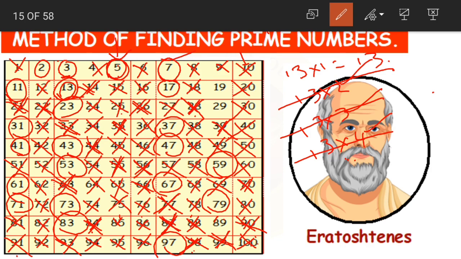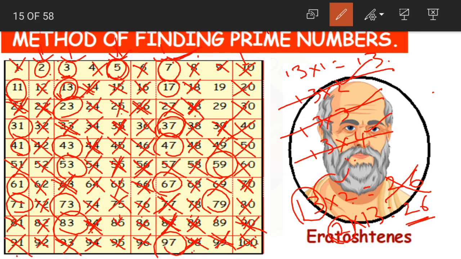we need to cross out the multiples till 7 only. Okay, you have to do the crossing thing for 2, 3, 5 and 7. After you cross out the multiples of 2, 3, 5 and 7, you will get the remaining numbers. If you circle them, they will be our prime numbers. Understanding, children? See, 13 twos are 26. Yes, 2 13s are 26. As 26 was already a multiple of 2, we have crossed 26 out. So again, now when we look at the multiple of 13, it will be already crossed, okay, because of the multiplication.